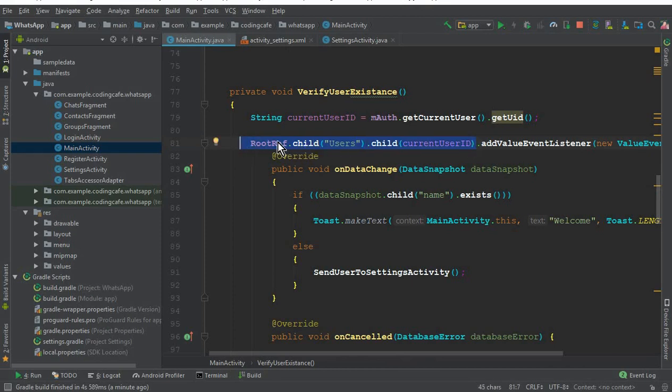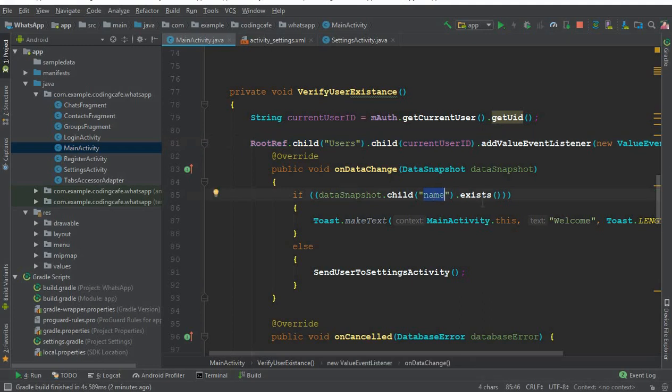That is, we have a root_ref to the app, then we have a parent node child, and then we have a subchild, which is the current user ID, that is the user which is online. So if that user has the child by name, okay, if that reference has this child name,